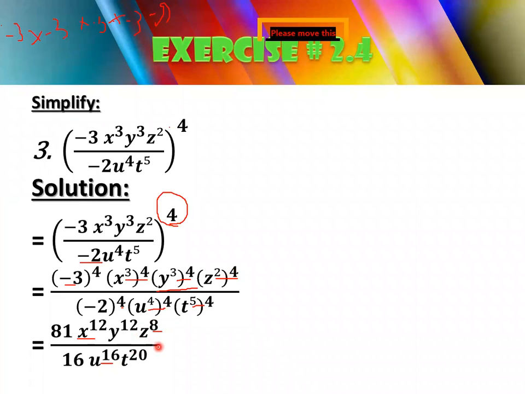Please keep it in your mind: if you have power of the power, simply multiply the powers. But here there is no power of the power, so you are going to multiply this base by 4 times. This is the difference between this one and this one. Here you have power of the power, that's why you are simply multiplying the exponents, but here there is only one base and one exponent, so you are going to multiply this 3 by 4 times. I hope it is clear.